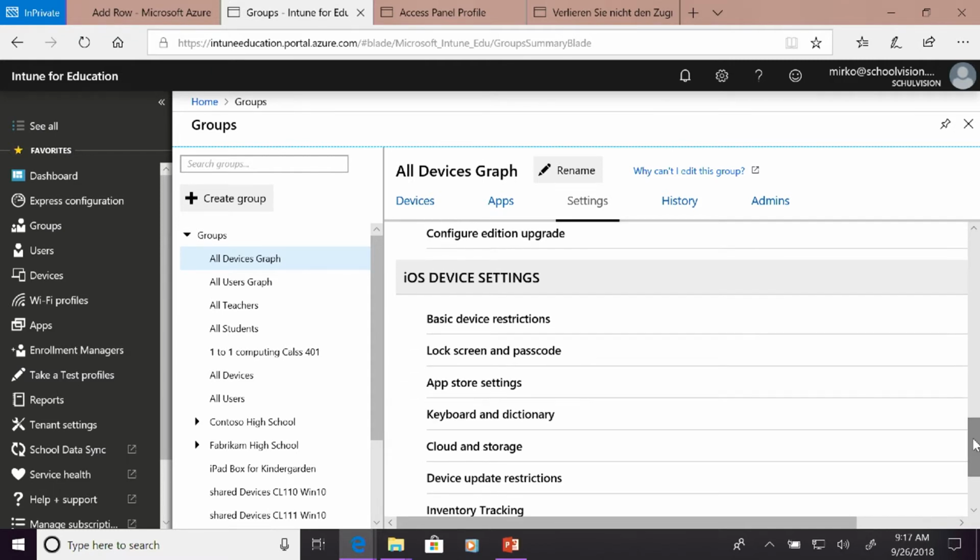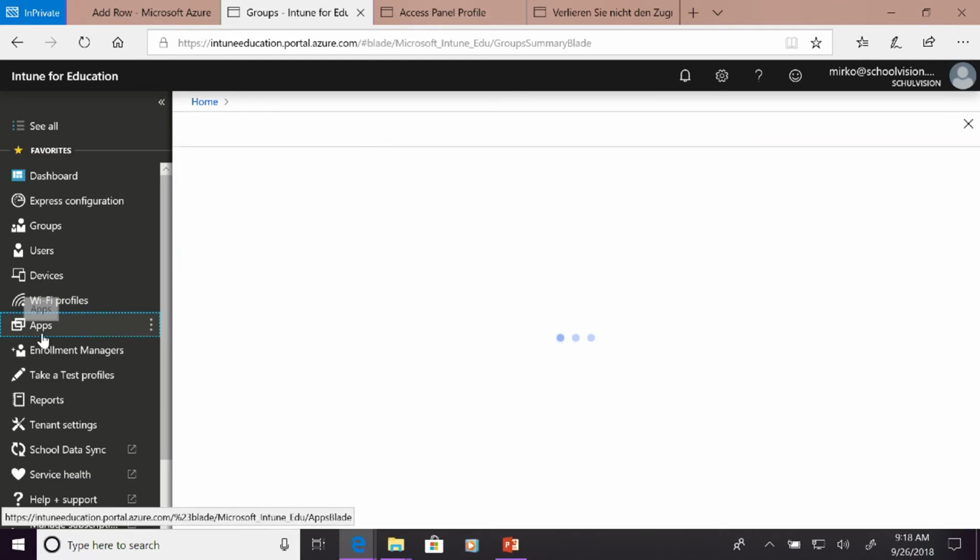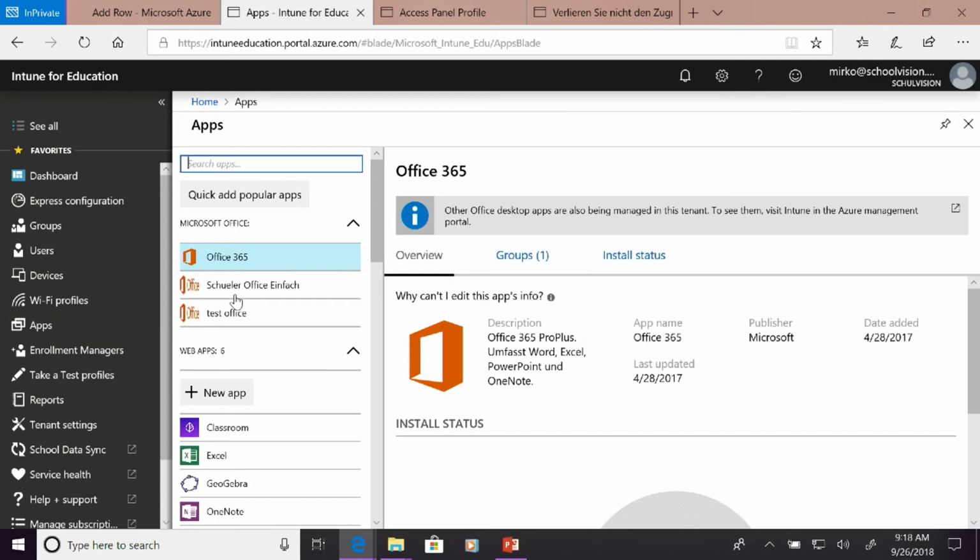And here is also the thing they added now for iOS device settings. It's pretty much the same, so just add it and it will also go directly to the iOS devices. The iOS devices have to have the company portal installed so that they can manage the policies, and then they also get the apps. The apps are pretty simple for iOS. You can manage the apps as an administrator, or you can also add the apps as a teacher.